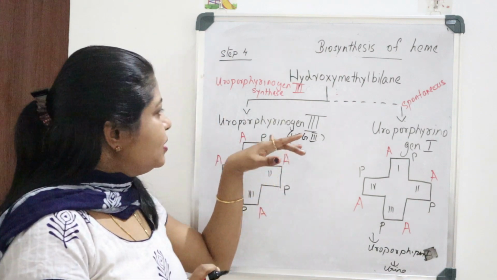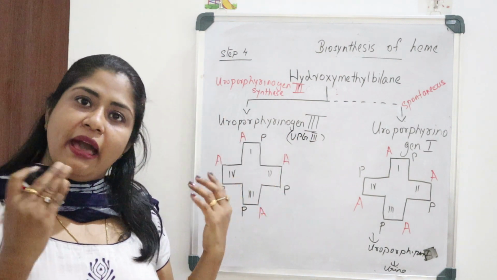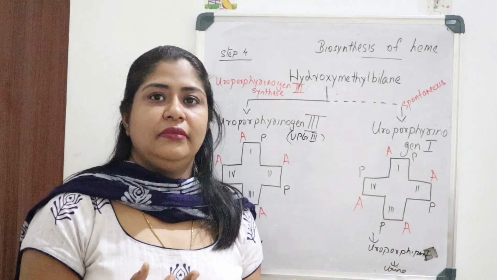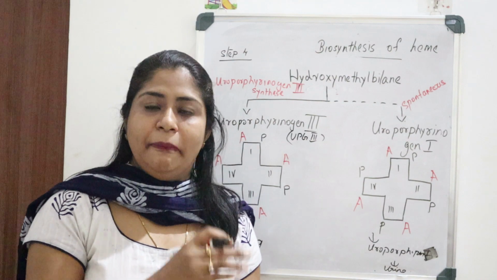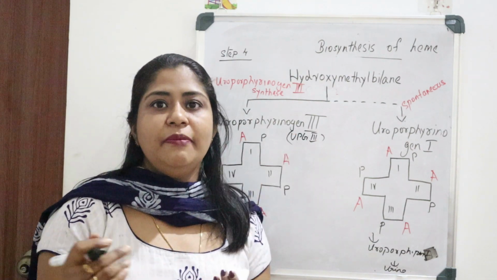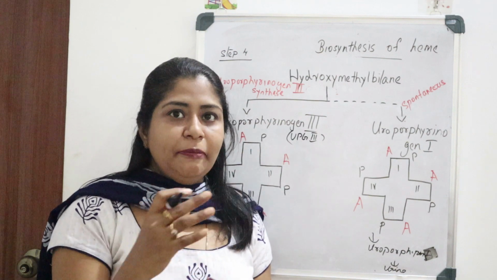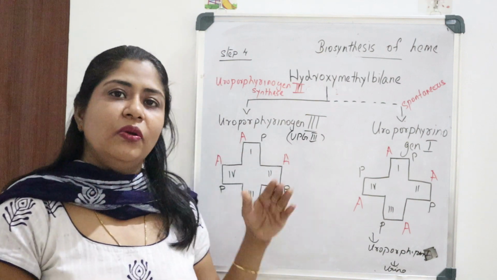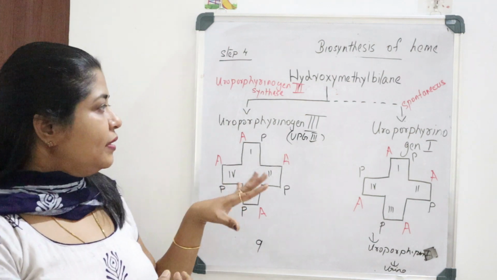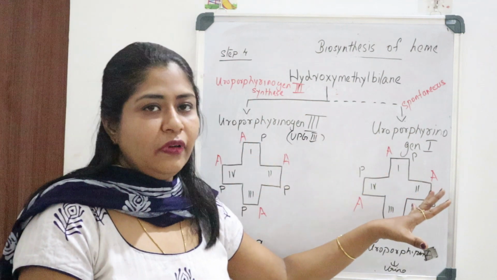And coming to this uroporphyrin 3, it is also known as 9th series, uroporphyrin 9. Why? Because Emil Fischer placed this uroporphyrin 3 in the 9th series of the possible isomers. So 9th place la the position place cheyda karanam kondu idine nammal 9 uroporphyrin 9 ennum parayam. So that's about the uroporphyrin 3 and uroporphyrin 1.